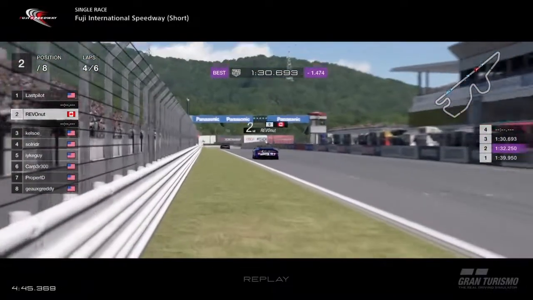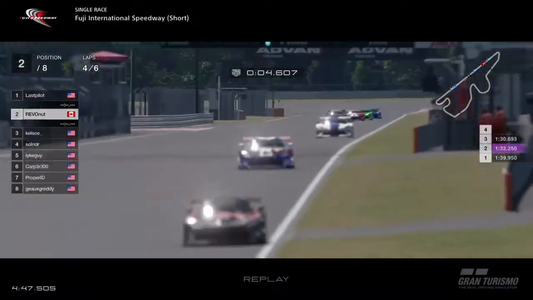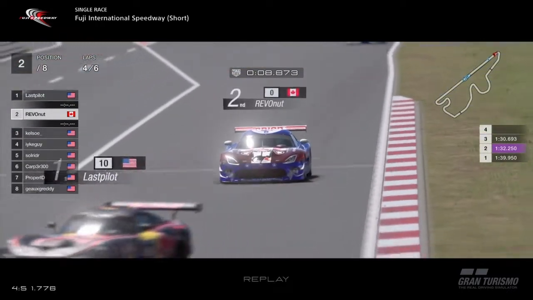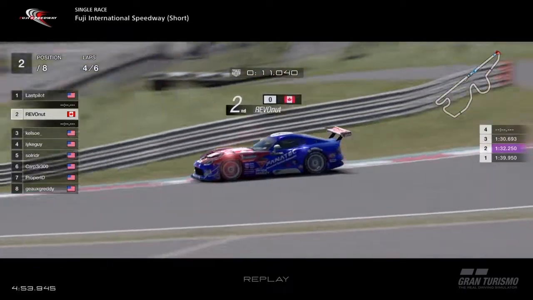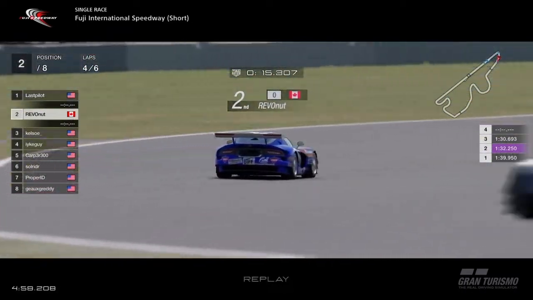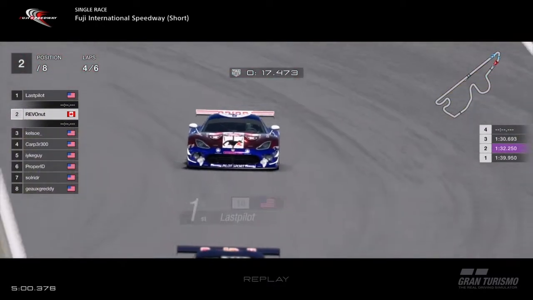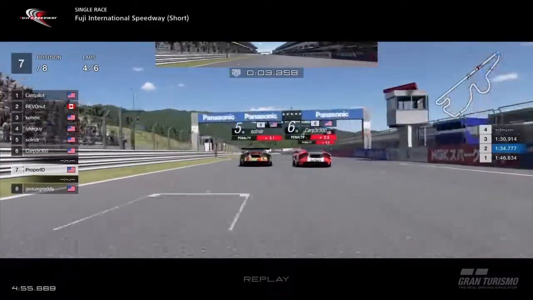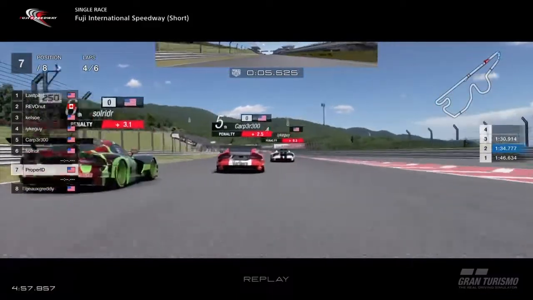Further up the road, lap 4, REVOnut in second, trying to chase down LastPilot, who's had an easy run so far, in first place, trying to get securely into that slipstream, trying to get that toe down through the course to reel him in. As Revo chases down LastPilot, ProperID securely in the suck zone, making a move, going past